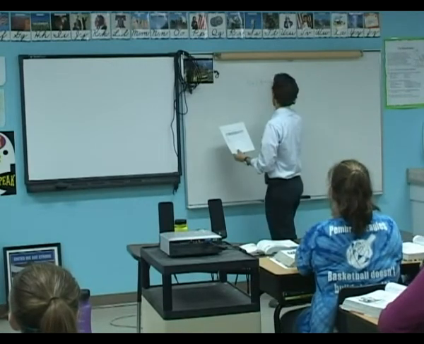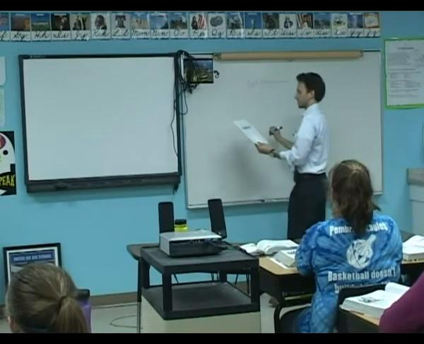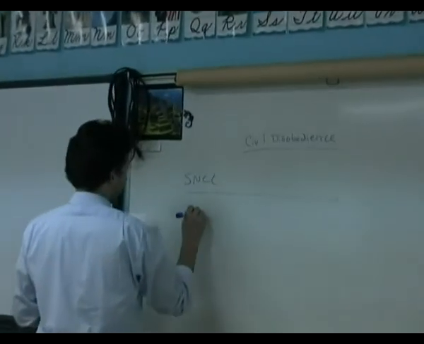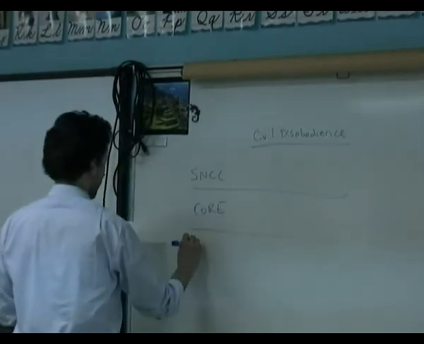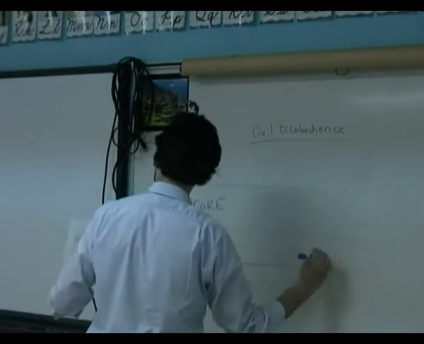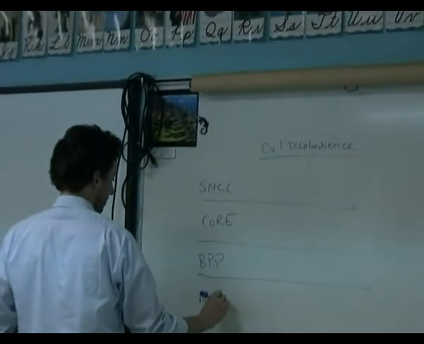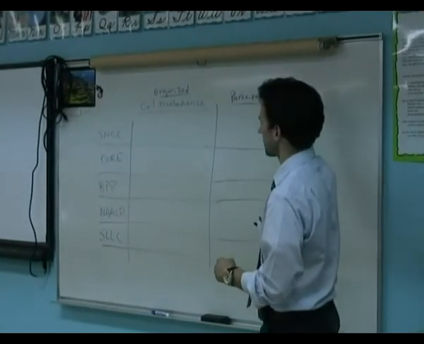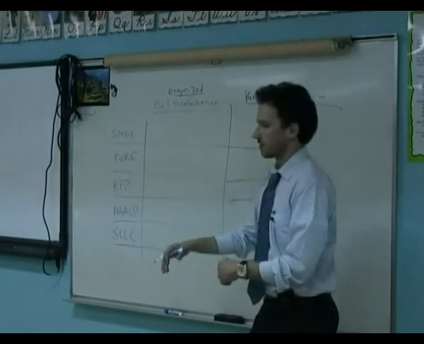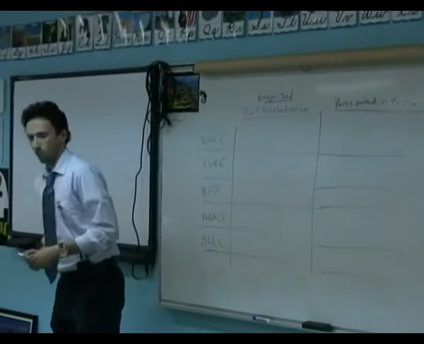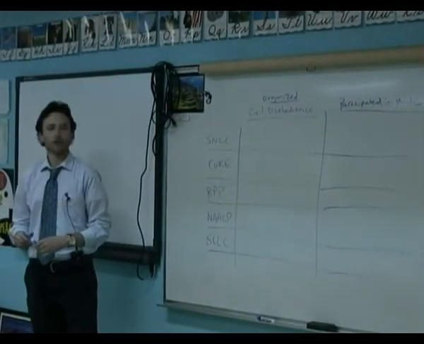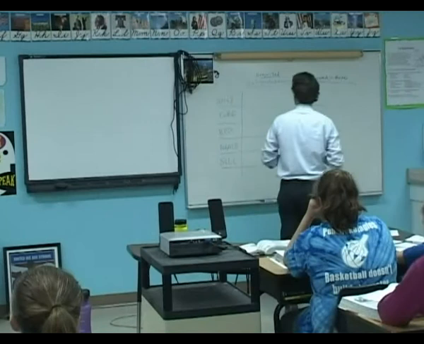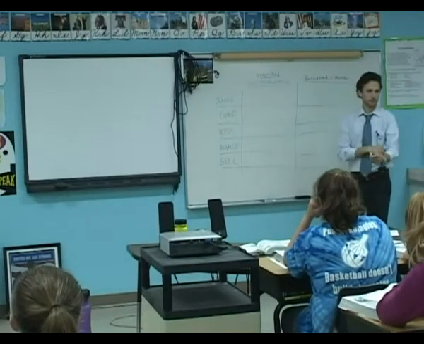So if we have civil disobedience, that's our first column. In our rows, we have SNCC, we have CORE, we have the Black Panther Party, which is now BPP, the NAACP. So we have the columns, we have the categories, what these groups may or may not have done, and we have the groups themselves. The point, guys, when you look at this, once you go back through your 2-column notes, once you talk with your neighbor, is that you will be able to get a precise view which groups use these strategies. So civil disobedience, sit-ins, freedom riding,